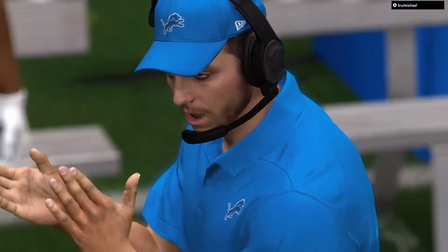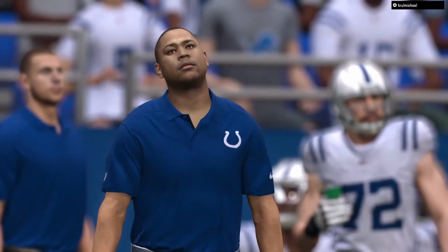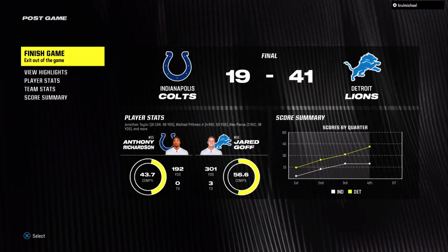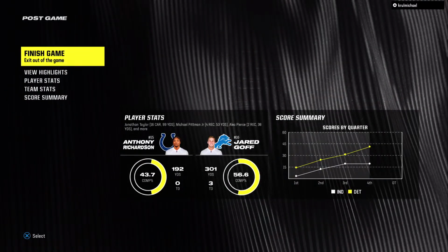Charles, a lot of happy faces heading into the tunnel as this one ends, and understandably so. Not only did they get the win, but boy, their offense was on fire in this ball game. And partner, I have no idea, but the top